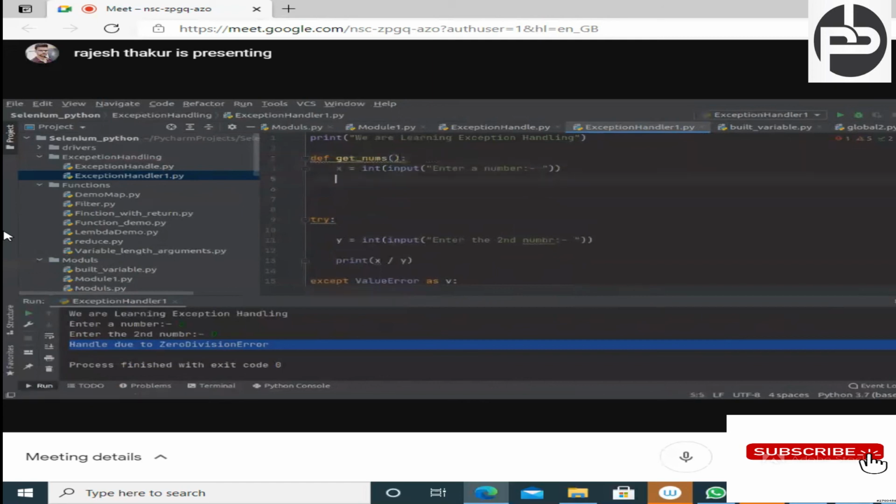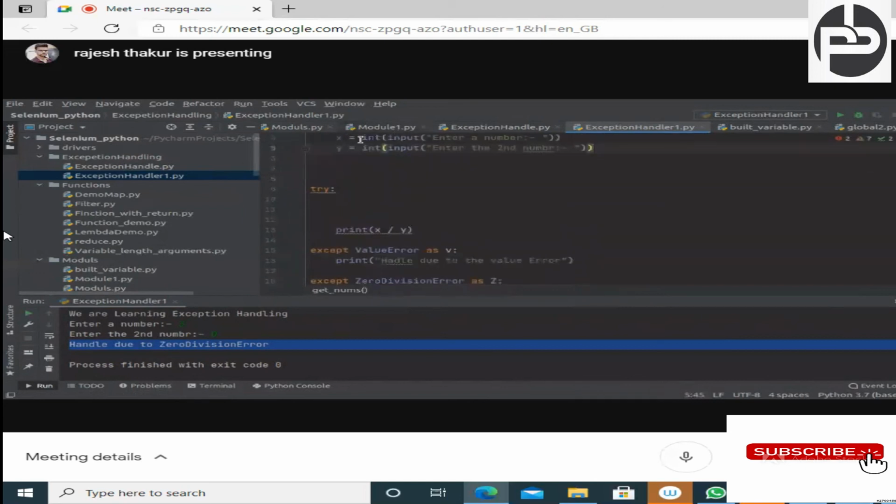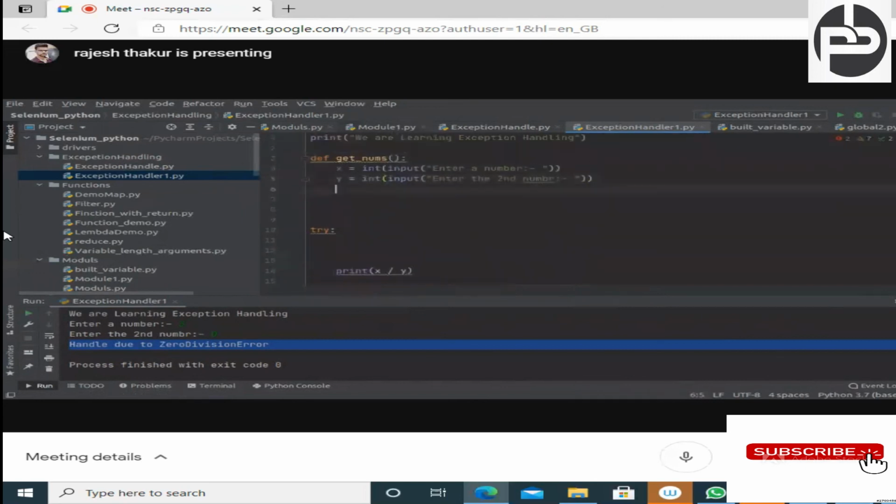And here we are passing the second number also. I am trying to call here. Okay, try to understand. Now this X and Y, it will return what? It will return X and Y, return X comma Y. Now we are calling that get numbers function, and it will return X and Y, right? So I'm going to store it inside X comma Y, equal to this.